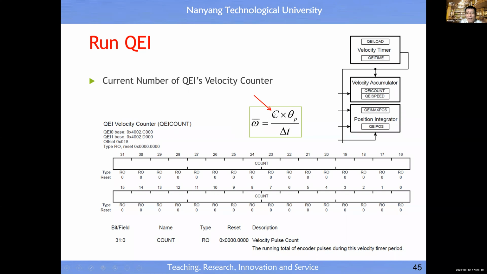This is the actual value of C, or you can get the maximum value of C as well. The maximum value of C is when the counter, that means the timer, reaches this value, then the value of this one changes. So it is a period, something like that. Then done already.